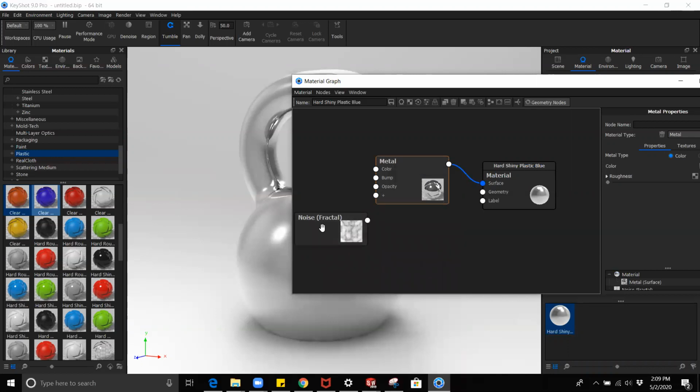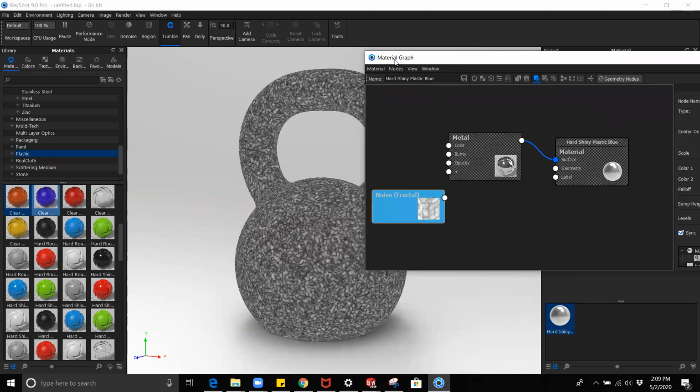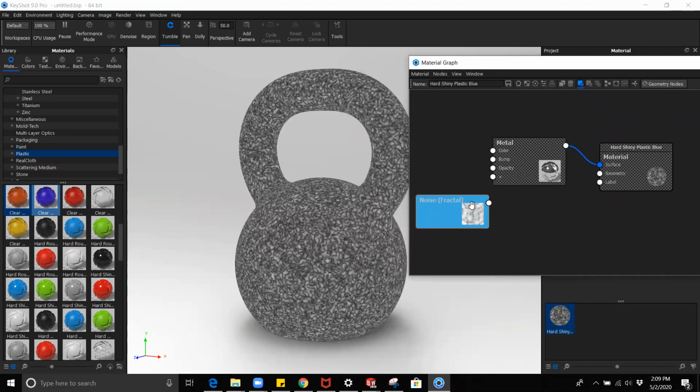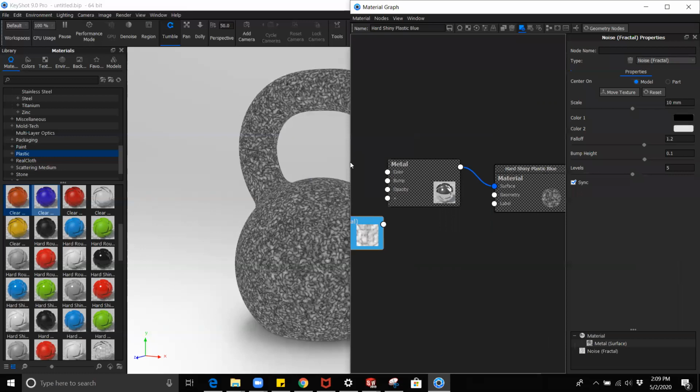And if I double click on it, it's not connected, so I don't see anything affecting my product right now, right? So if I double click on it and press C on my keyboard, I will see a preview of how this texture will be applied to the overall product, right? And this is just a preview of the mesh. I'm not seeing the metal yet because it's not connected, right? So in this preview, which is very useful, what I could do is, for example, modify